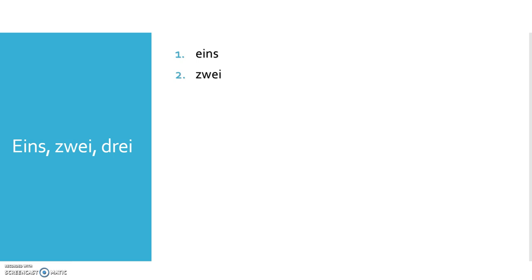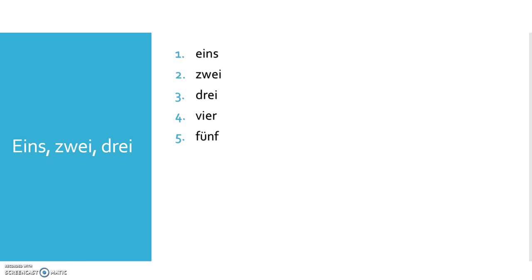Zwei. And then drei. This letter at the beginning is not a V, it's a F. Foul, right? So we pronounce it as a F. Vier. The diphthong E-A combined together produces just long letter E, or sound E. Vier. And now the next one is